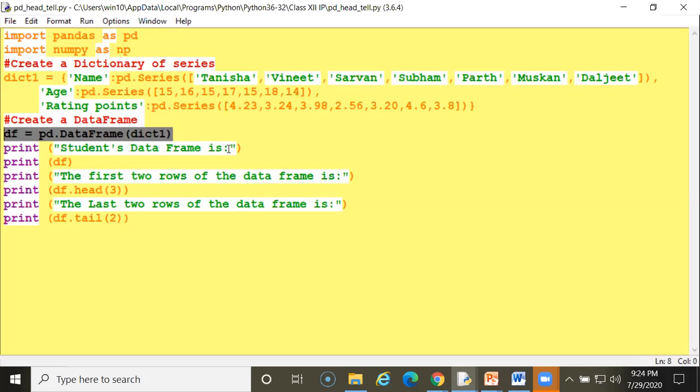Now this is a message which you want to display, and print df, the data frame holding the value df, and I am displaying a head, I am displaying a tail. Whatever message you are writing will be visible on the output screen.